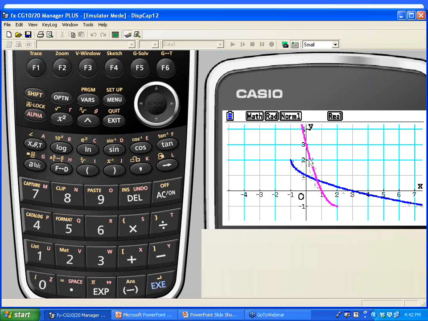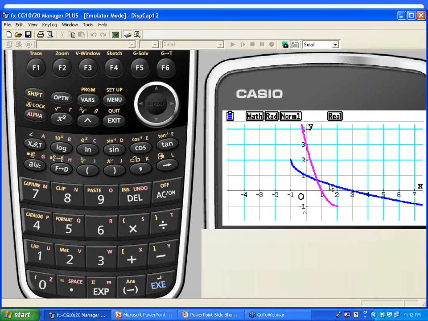Now how has that changed? How is that different when we look at the pink graph? Well, the inverse's graph, think about this, it's going to positive infinity for y, and it's going over to 2 for the x. So my domain of the inverse function is from positive infinity, because it's going left forever, all the way to 2. The range of the pink graph is going up to infinity, and it's going down to -1. So my range for the inverse graph would be from -1 to positive infinity.